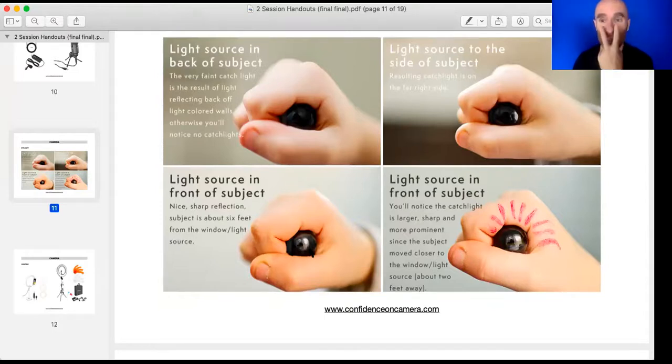And so that's why we've got this sparkly spot in my eyes. I know it seems like the weirdest, simplest thing in the world, but really we are drawn to look at the sparkly thing. And so you want your eyes to be the sparkly thing, the thing that grabs people's attention. In this photograph, it's 6 feet from the window or light source, and this one's about 2 feet away. Now, how you set up in terms of